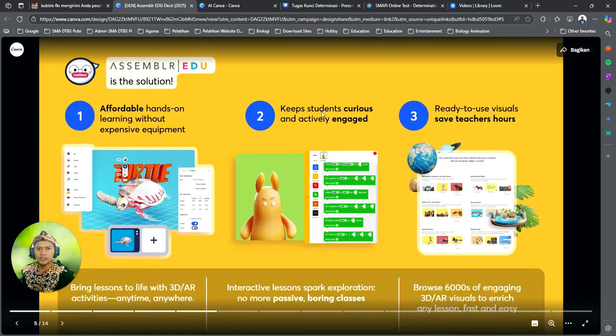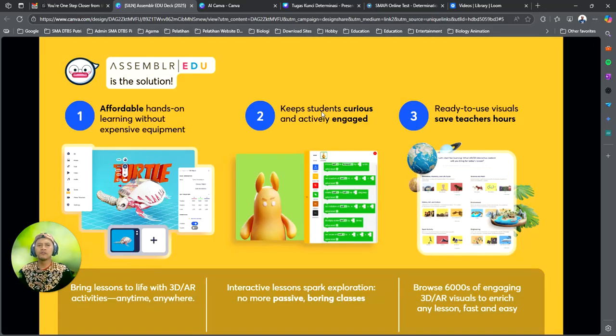Okay, the next slide introduces one of the most powerful features of Assembler Edu. Digital teaching aids. Our Edu kits are ready-to-use, annotated 3D visuals designed to help teachers explain abstract concepts in a clear and engaging way. Instead of relying on flat diagrams or static images, you can use interactive models that students can explore from different angles.